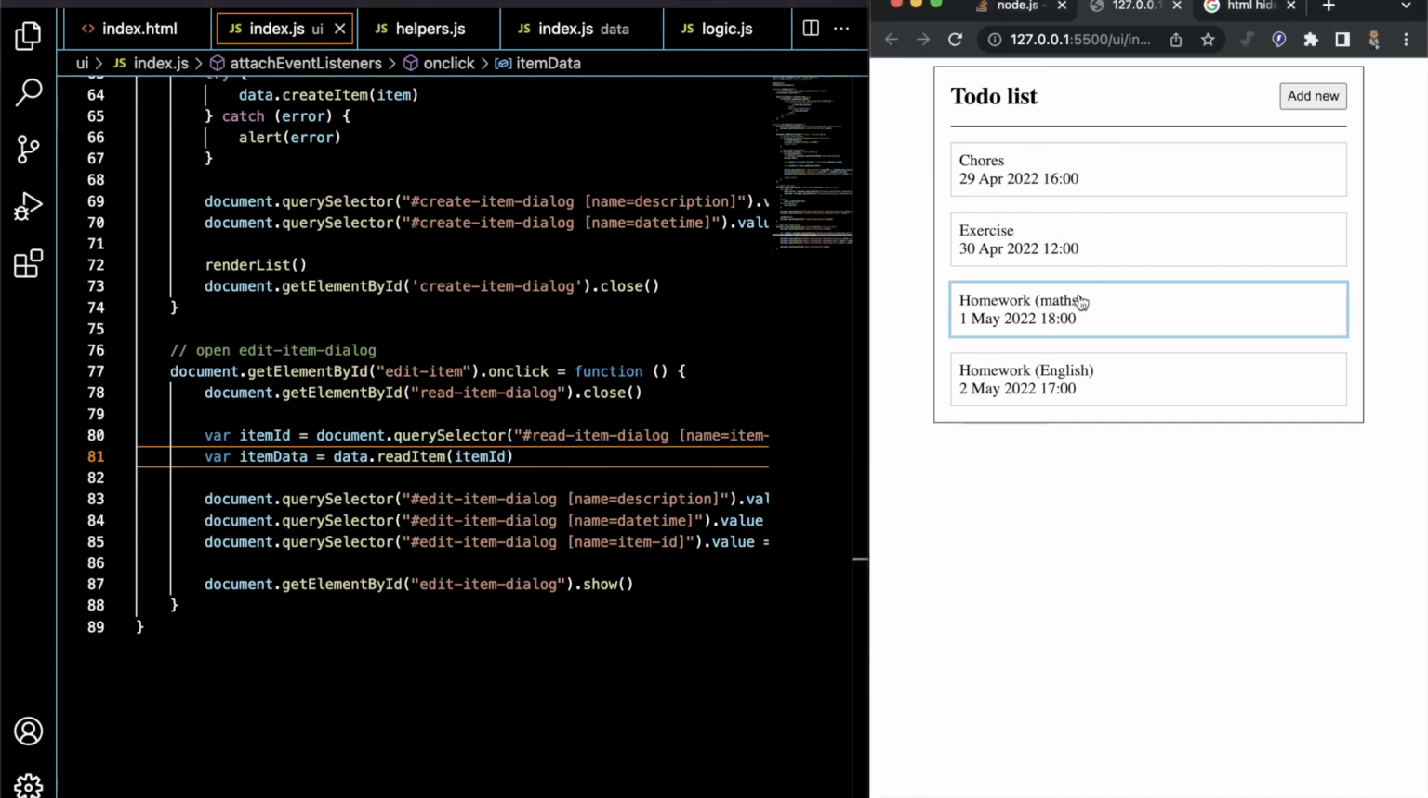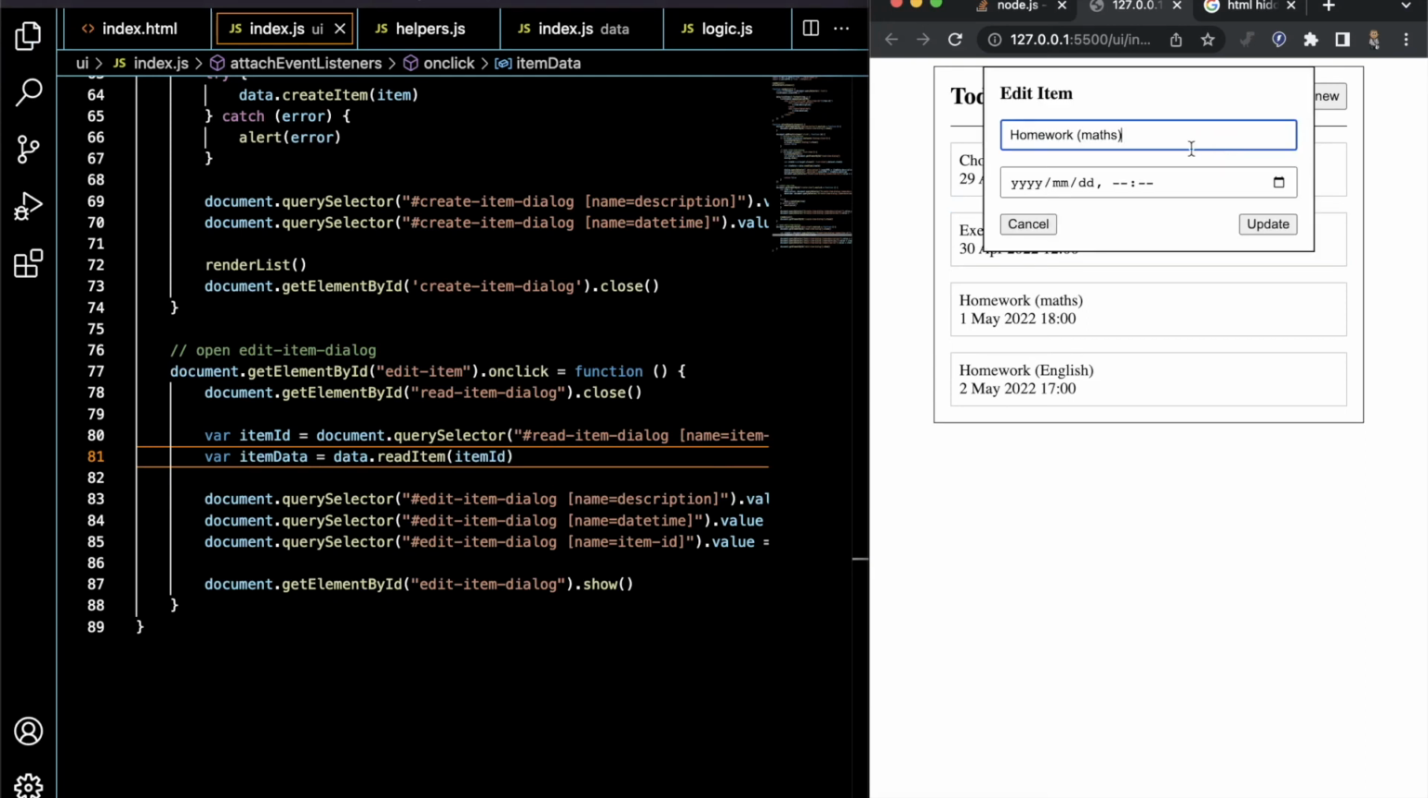Let us see, homework maths, edit homework maths. Okay, the problem here is our date time is not set correctly. Maybe there's a way of fixing that, but I think what I will do is just allow, I'm going to make it so that you can just update it from here, and when you update it, then we will get it in the correct format. Okay,